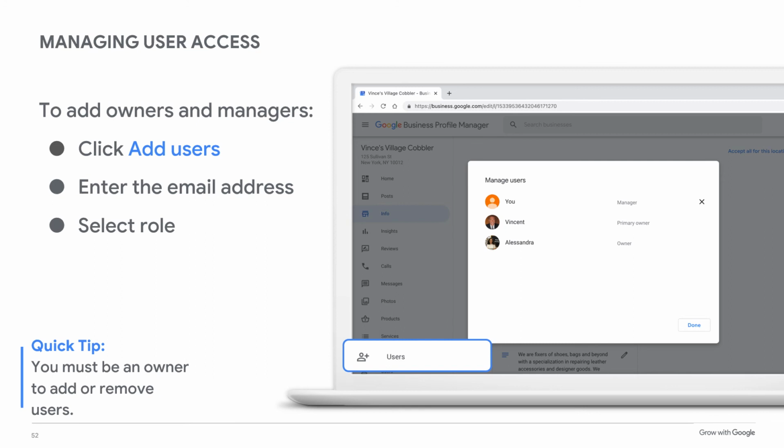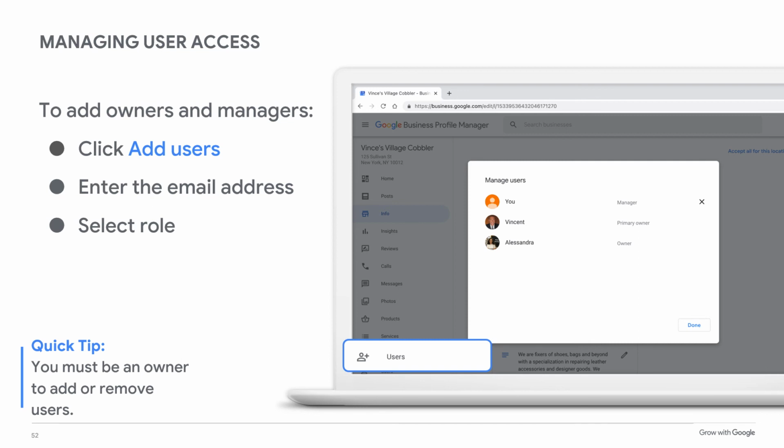One of the last tabs we'll review today is the Users tab. This slide shows how to add users on a desktop or laptop computer. The Users tab allows the business profile owner to invite others to help manage it. Incidentally, inviting another person only gives them access to the business profile, but not to any other Google products that you might use, like Gmail. In other words, they can't read your email.